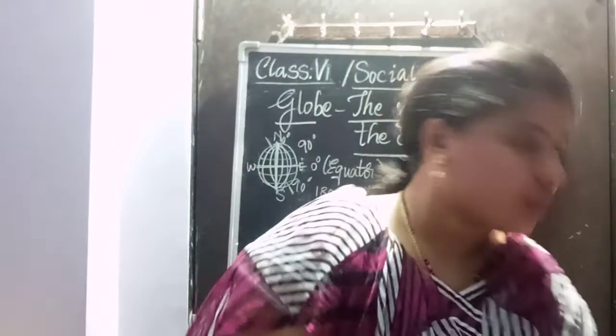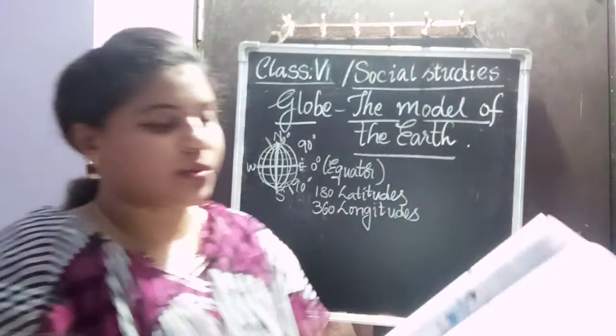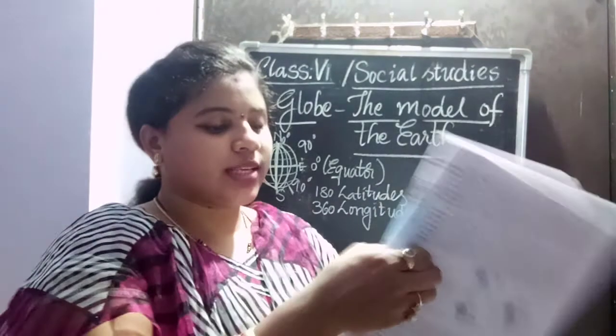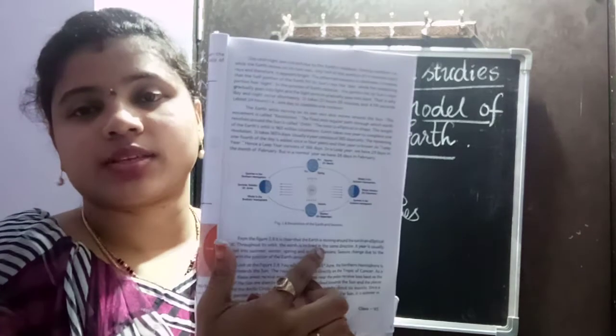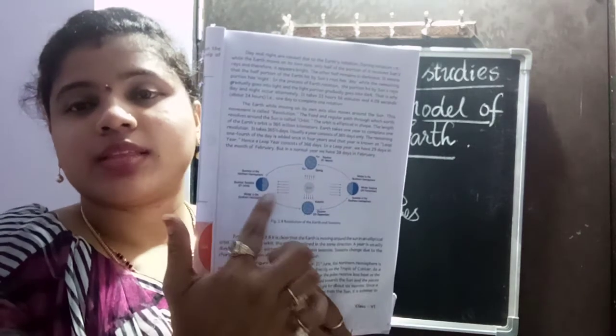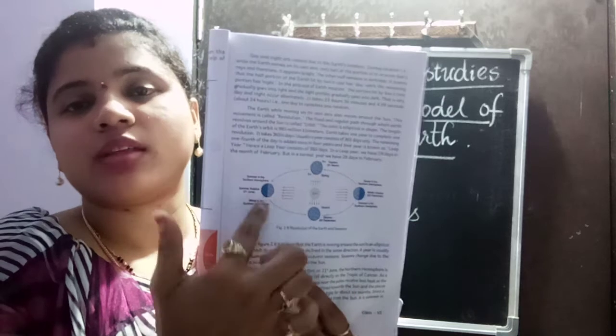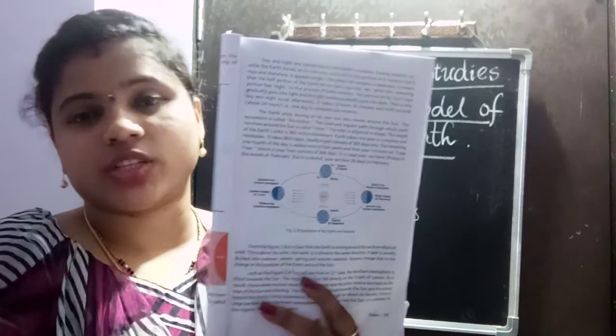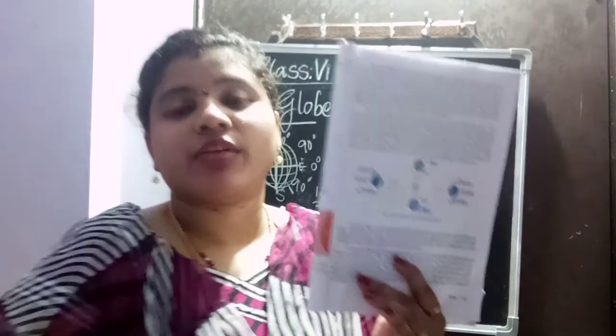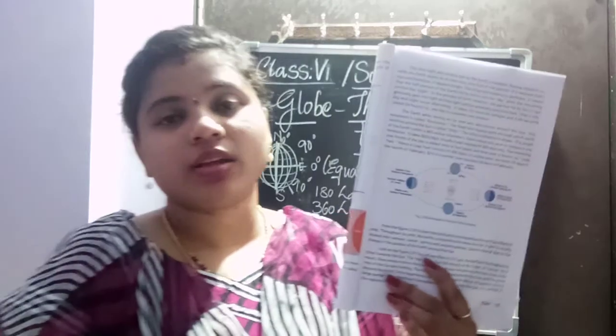Now I'll show you a picture where you will understand how the position of the earth changes. Okay, see the image. This is an image where the position of the earth is being changed in these 4 places. The sun is in between, and these are the earth. That means there is only one earth, whose position is being changed. When the position of the earth changes, it brings different seasons.